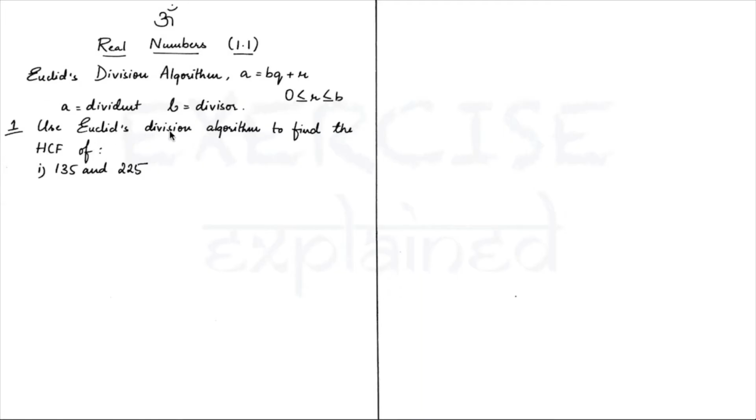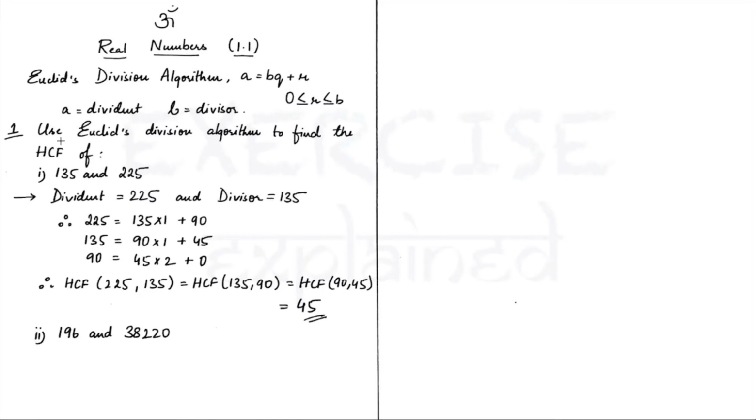Use Euclid's division algorithm to find the HCF of 135 and 225. So Euclid's division algorithm basically tells a = bq + r, where a is the dividend, b is the divisor, q is the quotient, and r is the remainder. So here we will take the dividend as 225 and the divisor as 135. So 225 is equal to 135 into 1. See, 135 into 2 is going to give us